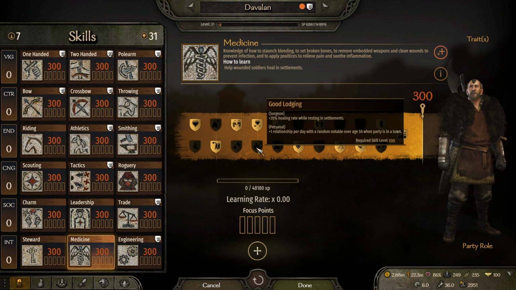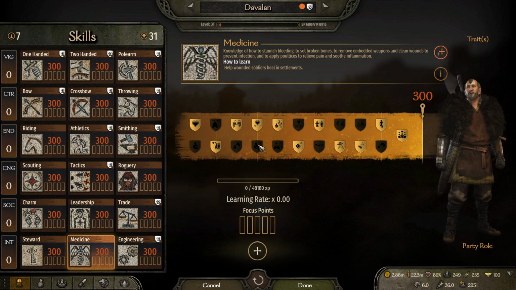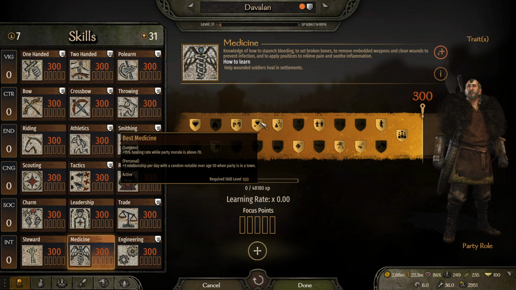Everything still ticks every day, so you still have to keep up. So again, even though it's only 20%, they should have made it like a 30% healing rate. Then it probably would have been a good trade-off. And obviously the second perk, the plus 1 relationship per day,